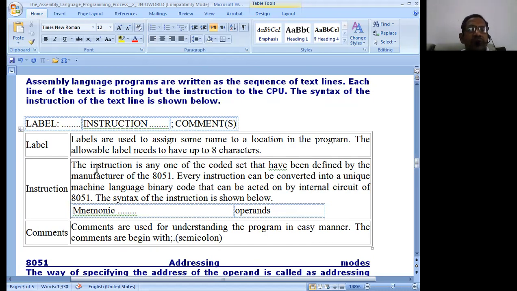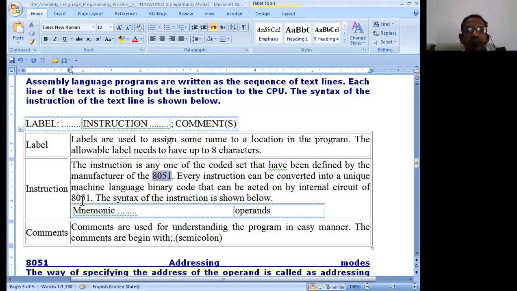Now, what is most important for us is the mnemonic with operands. The instruction is any one of the code set that has been defined by the manufacturer of the 8051. So we cannot write whatever we want in the assembly language code. Whatever instruction set the manufacturer of a particular microcontroller gives us, that instruction set only has to be used to write the programs.